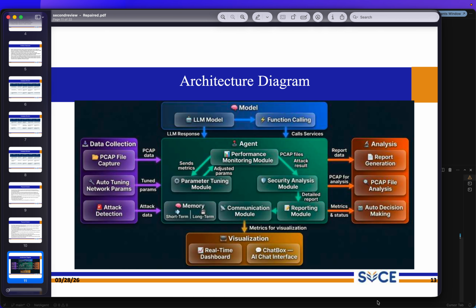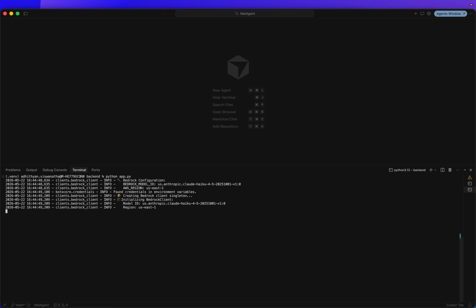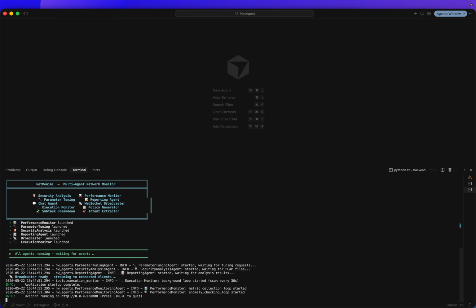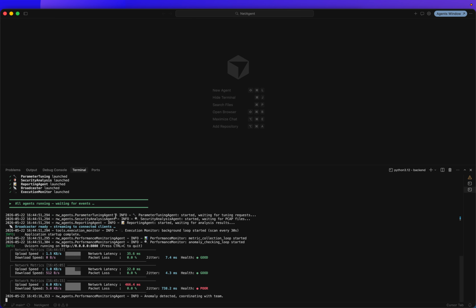Let me show a very brief demo of my project. Here we can see there are four agents. One is the security analysis agent that gets the data from a system every 5 seconds, and then parameter fine-tuning. When the agent detects an attack in a system, it will fine-tune for the next few seconds and then vigorously check whether the attack has happened or not. And the chat agent, where the report is generated with the data that has been analyzed.